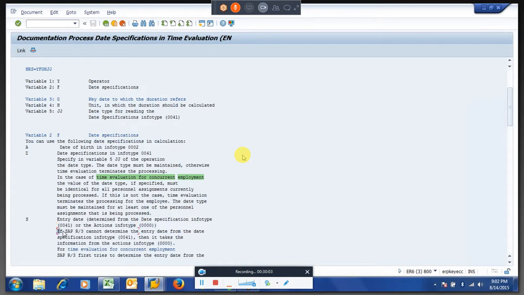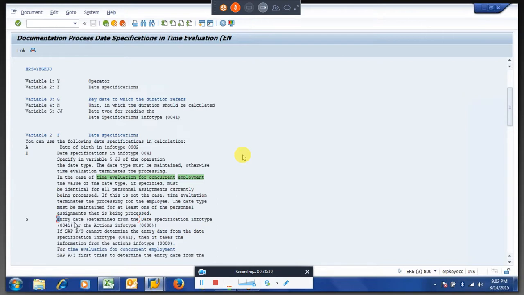What it is telling is that if it is not, determine the entry date from the date type specified in the info type 41. If there is no date specification in this JJ at the end, where we give the date type, that is 33, I think, it will take the entry date as the output to the HRS table. It will take the entry date as the date.